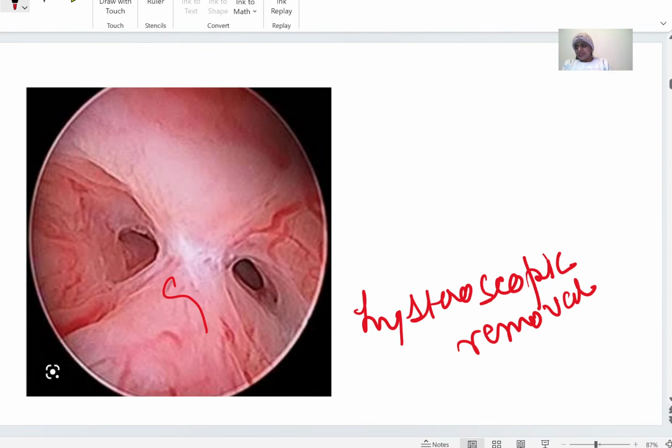Okay, what is this image? This hysteroscopic removal will be written everywhere. Okay, don't mind. Then it will take us 10 minutes to do that. Okay, what is this image? This image is of,